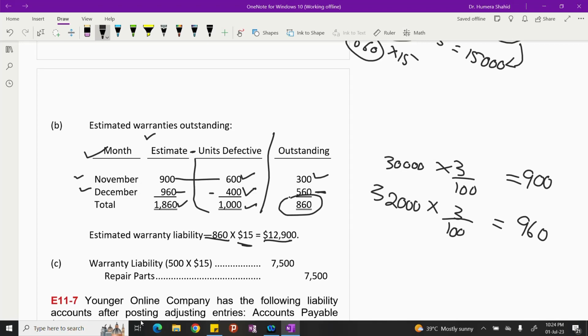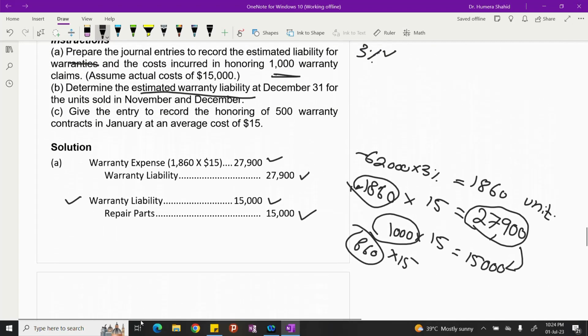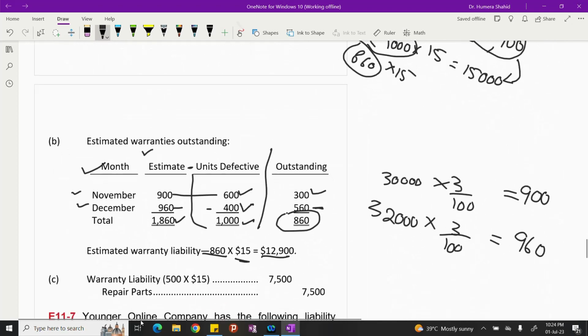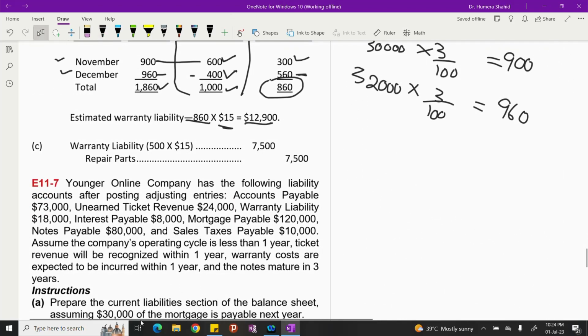Point number C was that this is over here, that gives the entry to record honoring of 500 warranty contracts in January at an average cost of $50. So let's do the same. My liability will further decrease. How much warranty liability gets debit? 500 units came back. 15 is the cost, 7,500. And repair parts gets credit, 7,500. Let's move on towards